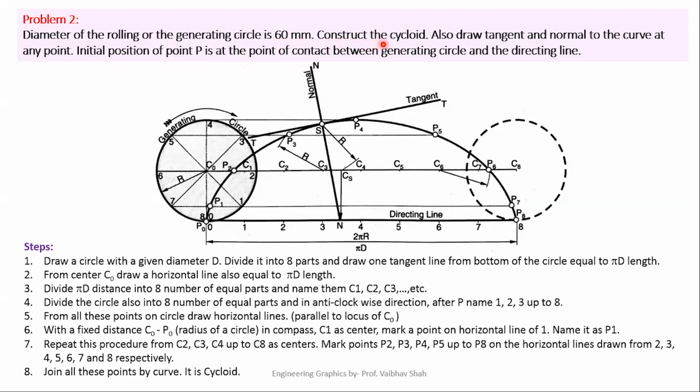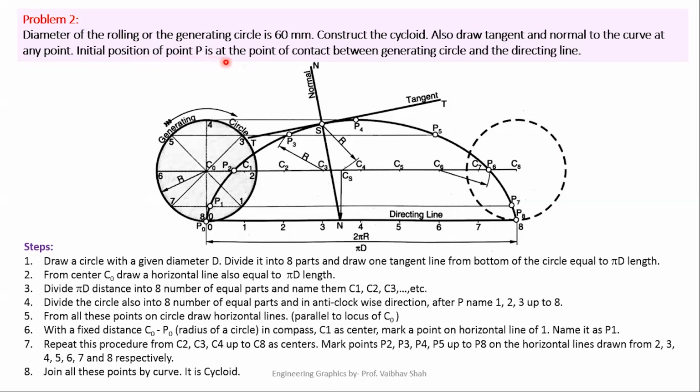Construct the cycloid. So it is obvious that it would produce the cycloid. Also draw tangent and normal. So we will be learning tangent and normal in a separate lecture. So in this example, we will not be focusing on tangent and normal. We'll look at them in a different lecture. Now, initial position of point P,